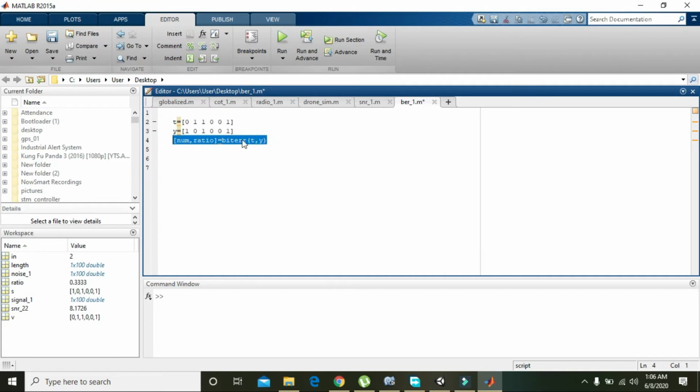You can see that biterr is actually a built-in function that MATLAB is providing for better processing. It will calculate how many bits of t are the same as the y matrix